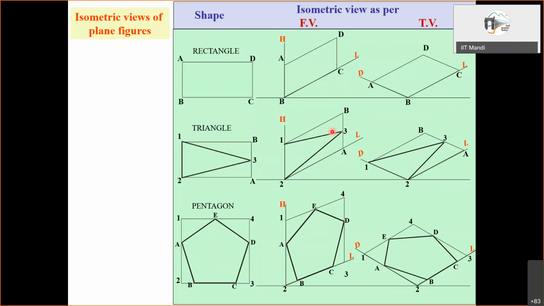Now, following the same path, today, first of all, I will try to draw a front view and a top view, and then again following the same process, whatever we have done here, this actually is for a two-dimensional figure. We'll extend the same for the three-dimensional figure. Okay. So let me try to draw it.